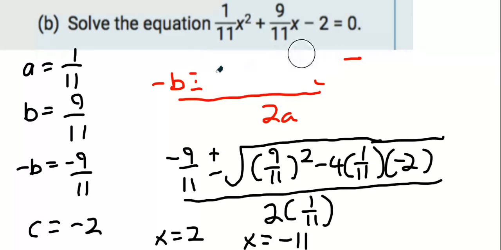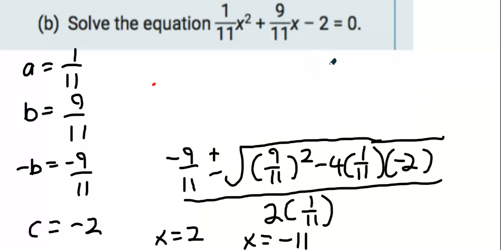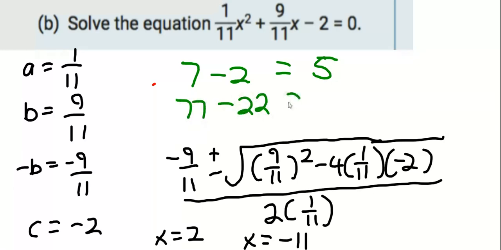You could have got a common denominator. You're allowed to multiply both sides by anything you want. So, for example, if everybody just looks up for a second, you see the way 7 minus 2 is 5? Everybody see that? What happens if I multiply both sides by 11, as an example? 77 minus equals. Do you see the way I'm allowed to multiply both sides by any number I want, and it maintains